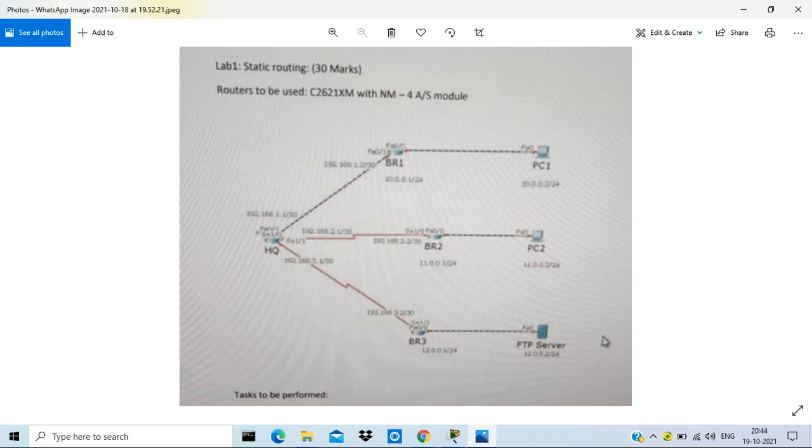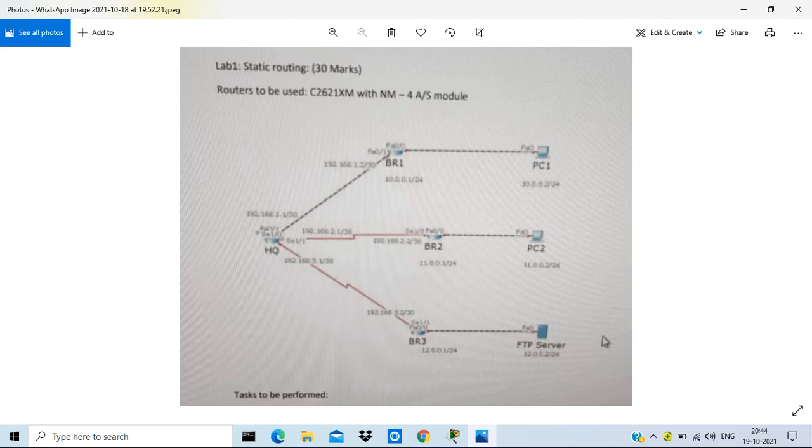And in the headquarter, since it is connected with three branches, the FA0/1 interface of the headquarter router is connected with branch 1, but serial interface 1/0 is connected with 1/0 of branch 2, and serial interface 1/1 is connected with serial interface 1/1 of branch 3.